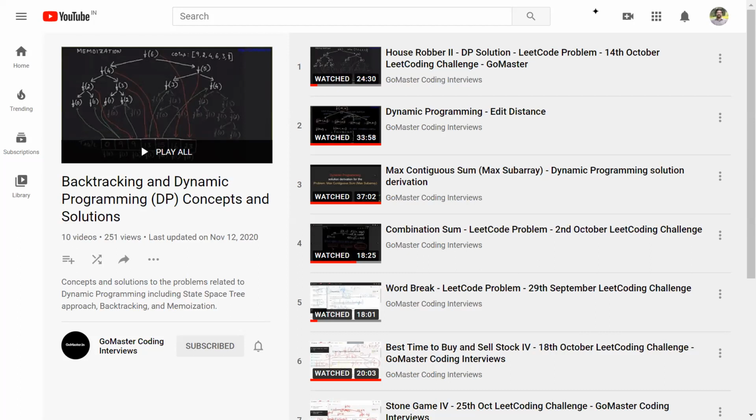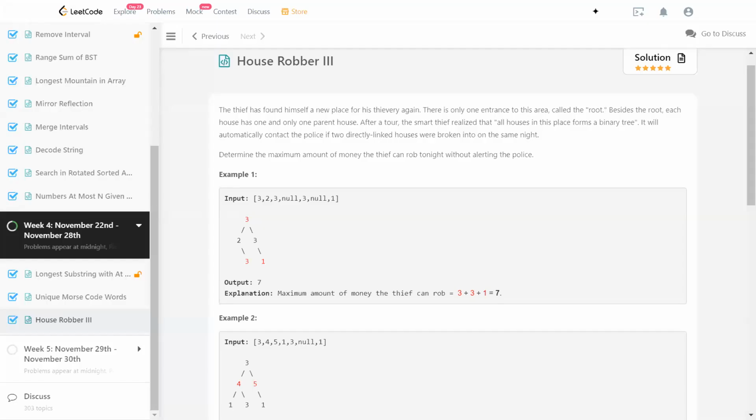The only difference between House Robber II and House Robber III is that there it was an array of houses, or a row of houses, so they are connected to the previous one and the next one. But here it's in the form of a tree, right? That's the difference. And we can access these houses through the tree pointers themselves. So as usual, a root is going to have two pointers, one to the left and one to the right, and that's how we need to access them, right? So we have access to the root here. How do we solve this one, right?